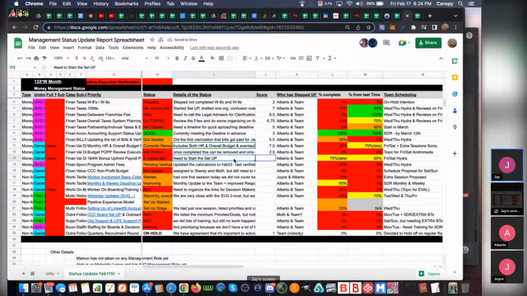Bonus upfront payroll. I mean, we are very late. We are 5 weeks late. But I mean, yeah, the calculations have been reviewed and verified, so we need to do the accounting now. So yeah, I mean, of course, high priority. We are 5 weeks late. We should be working on one of the last months. We're working on one of 2 months ago. So I don't know,